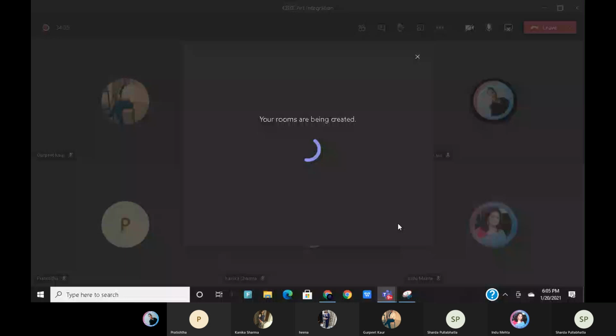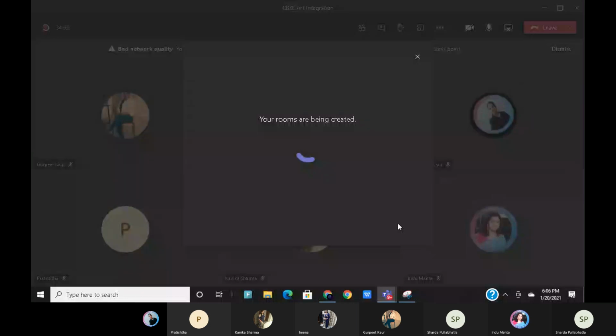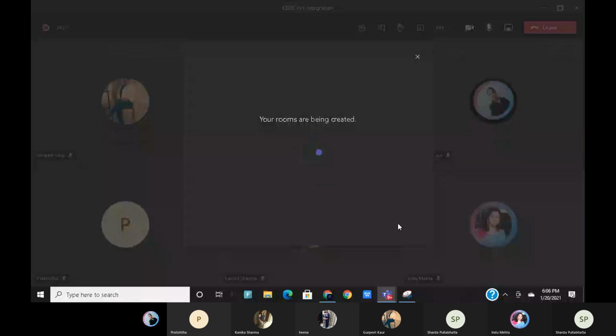So in this way, we can help students be in different rooms. We can visit different rooms to see what children are discussing. And later, once we want them to be back in our own classroom, we can do that also. We use the breakout rooms option after we have logged into our class. Suppose your class is at 10 a.m. You log in and then you can use the breakout rooms feature.